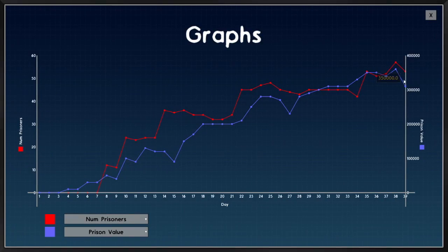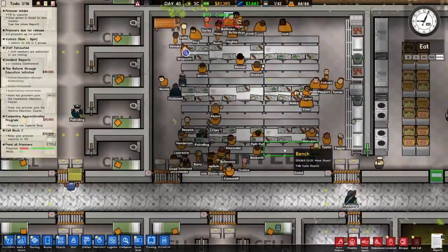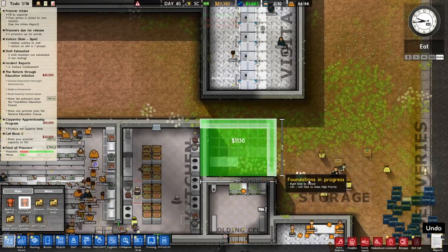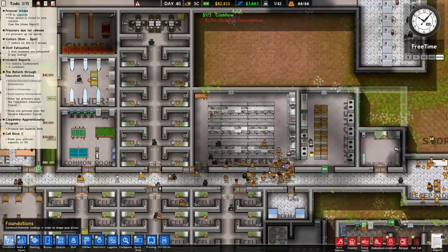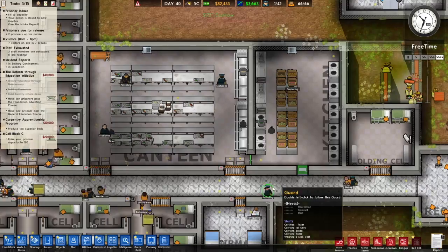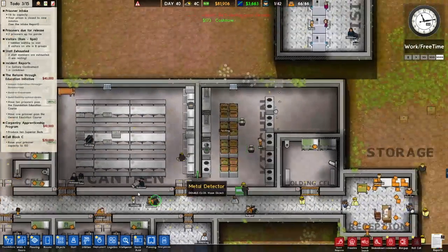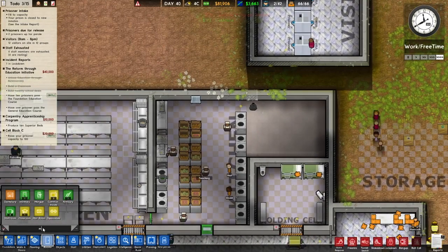Our graphs. Okay, yeah. So what I'll do is I'll come over here and extend it out backwards a bit. Go like that. What I might do as well, as I was thinking, is maybe put a metal detector there because all the plates are... as I did, things are metal, so I think. So wouldn't that just trip off all the...